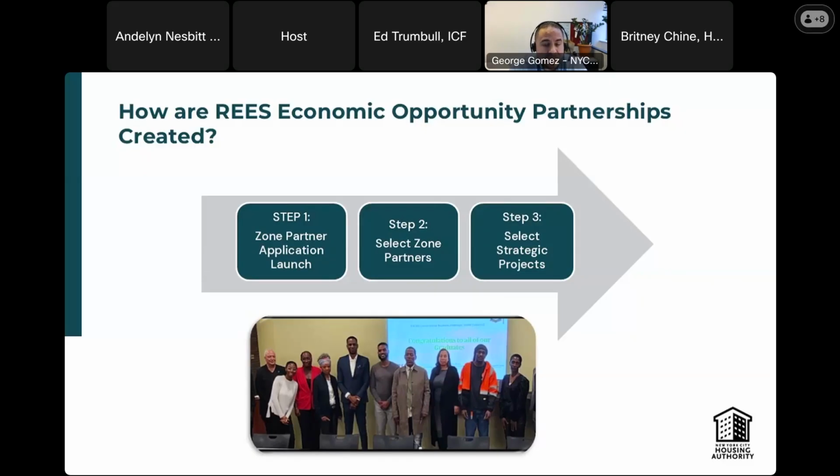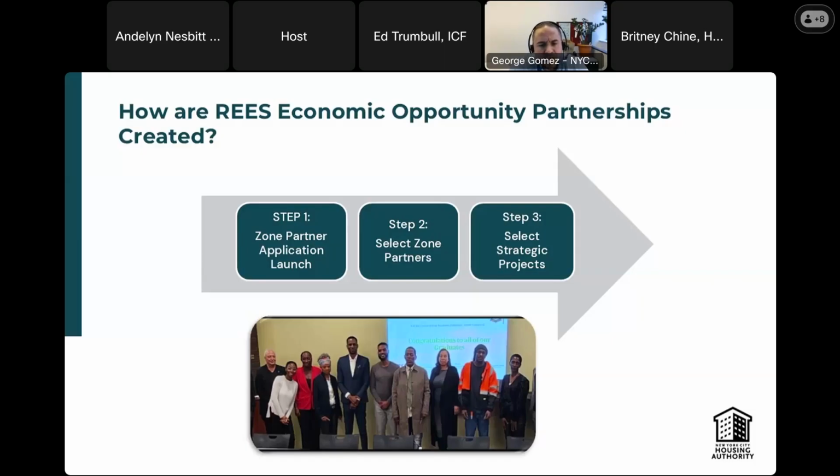But for partners who are selected as part of the third and final step, what ends up happening is we develop a strategic plan that becomes part of a term sheet or partnership agreement, at which point the partnership is launched. And I think what's important about our partnerships, right? So we're talking about partnerships in practice, is that